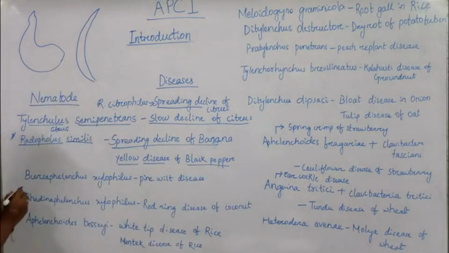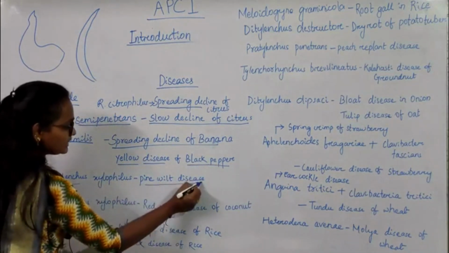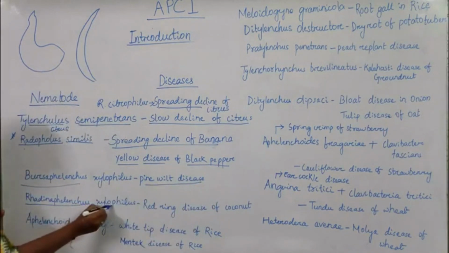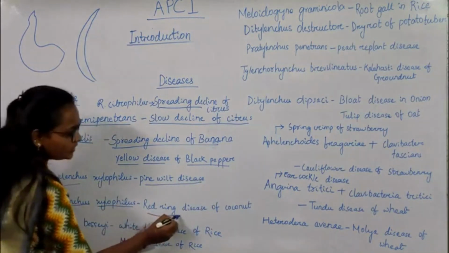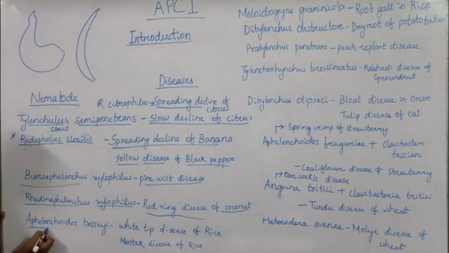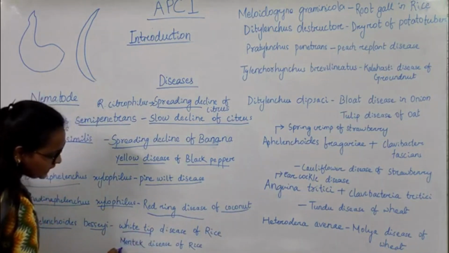And next is Bursaphelenchus xylophilus. It causes the pine wilt disease in pine plants. And next is Rhadinaphelenchus cocophilus. It causes the red ring disease of coconut plants. And next is Aphelenchoides species, which is very important, and it causes white tip disease in rice and